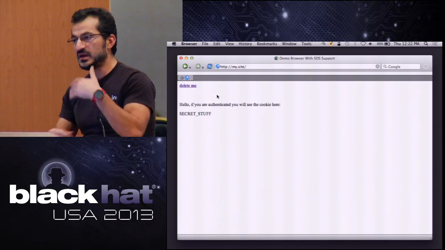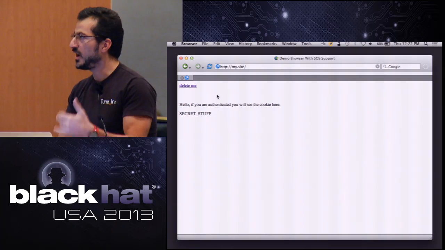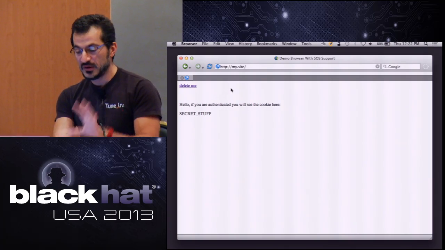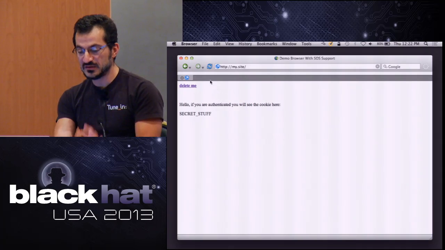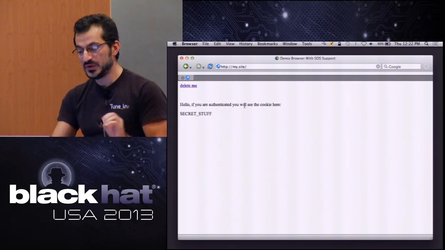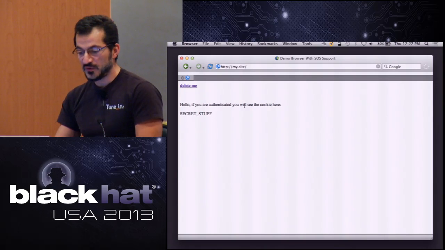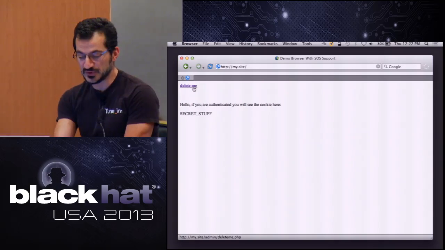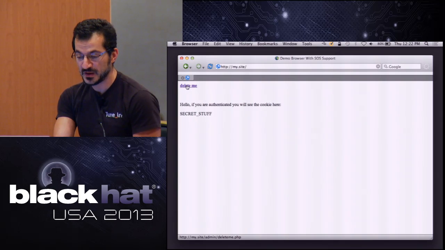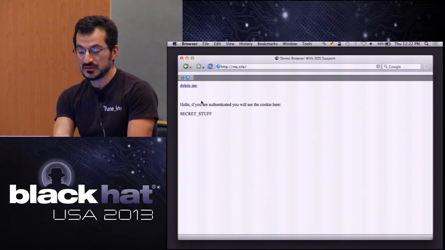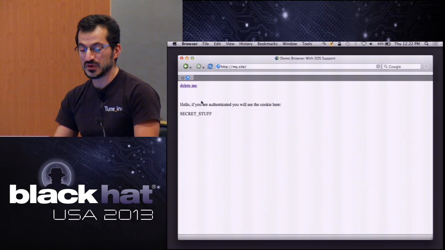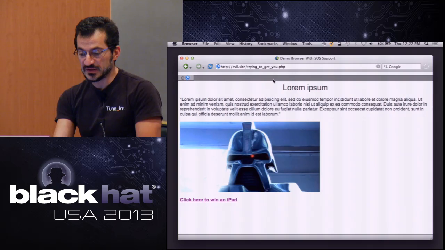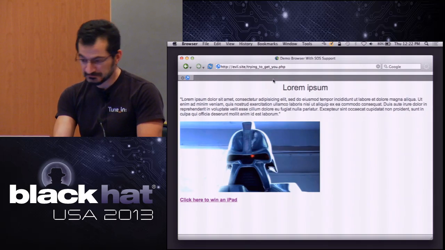Remember, Mike says there is any, isolate and deny. This has any set up, so basically all the links on this site can be accessed with the cookies pushed to them from anywhere, unless there is an exception. And for this site there is an exception, which is admin/delete me, which we try to isolate from the rest of the world. So if somebody wants to come to delete me from random evil site,